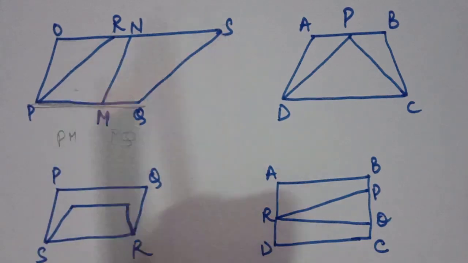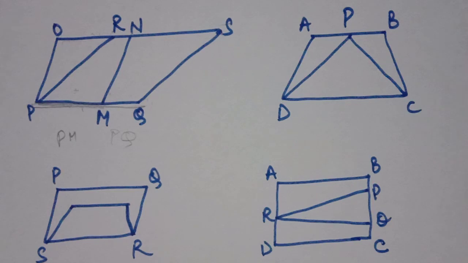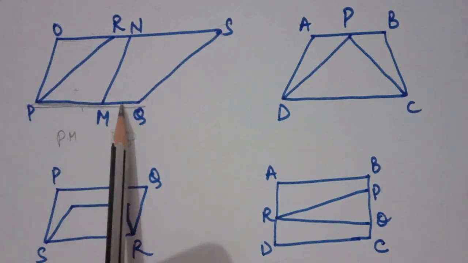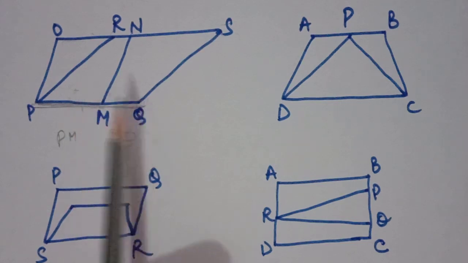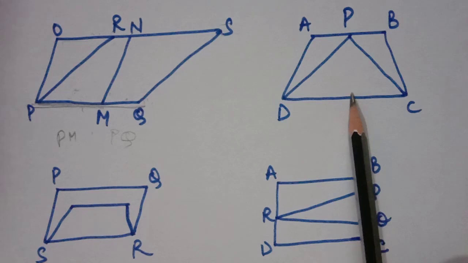Otherwise, if these two lines were parallel and these two figures were present between two parallels, it would still be useless. First of all, we have to check whether they are present on a common base or not. So in this diagram, both geometrical figures are not present on a common base. Let me check the second diagram.